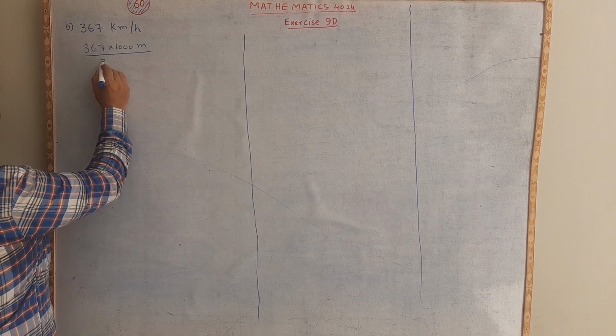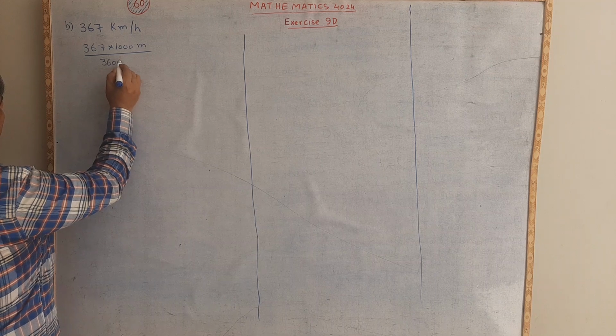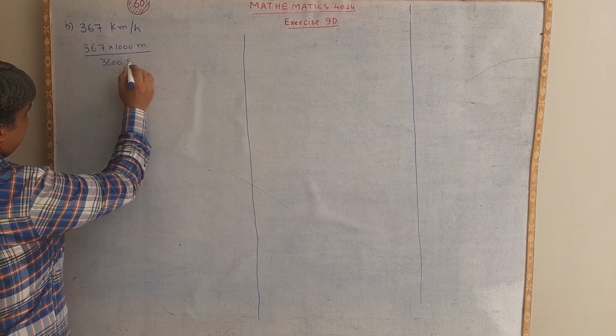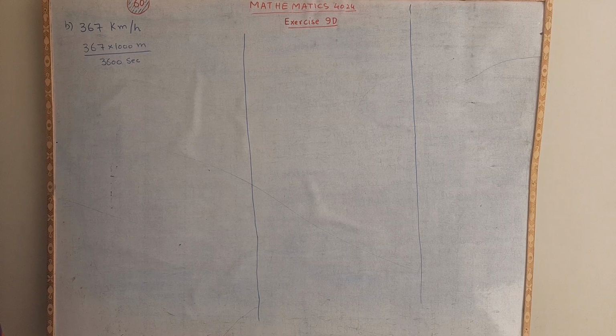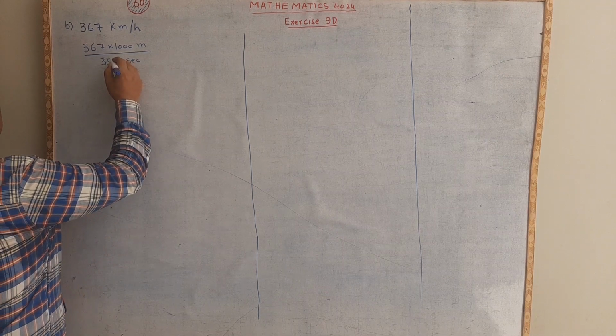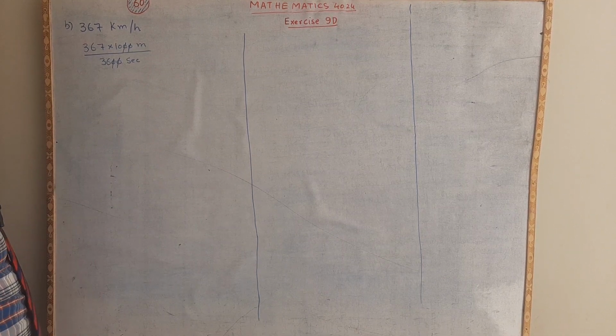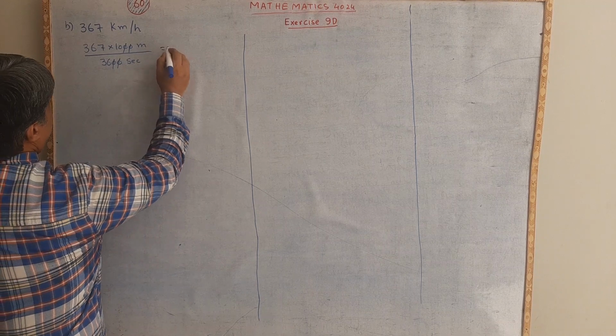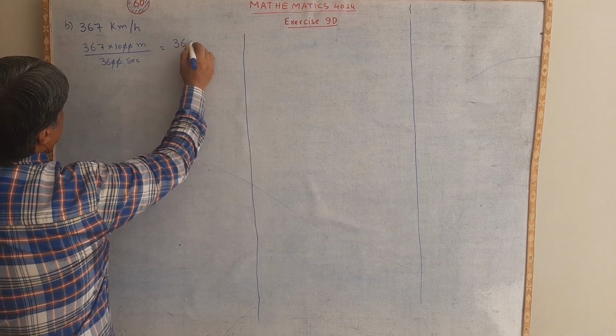In 1 hour there are 3600 seconds. Keeping in mind that whatever the question is asking, we have to convert like this. So these two zeros will be cancelled with this one and we will get